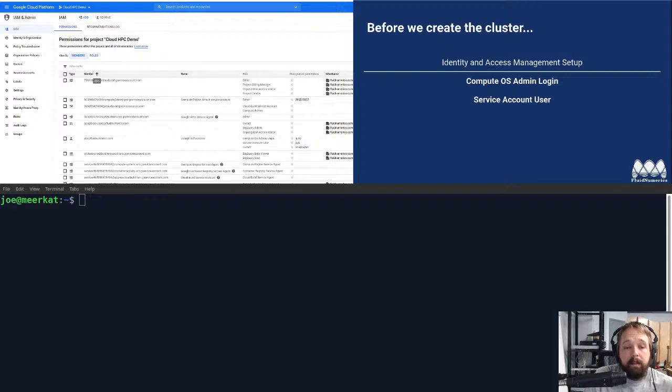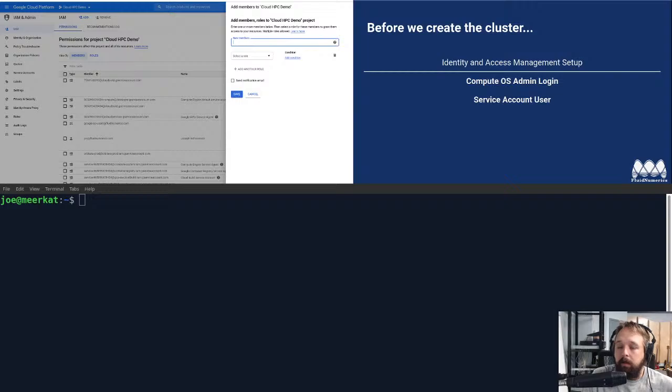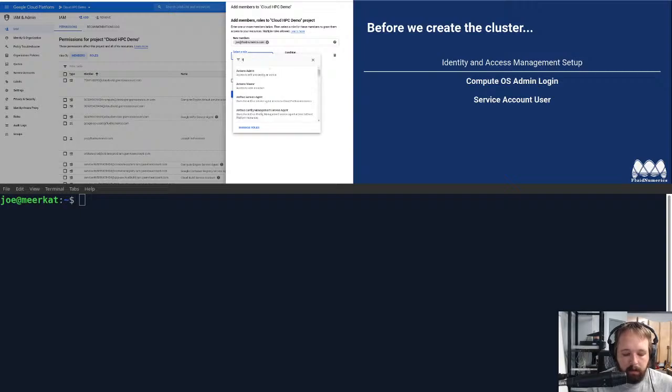You should see a page that essentially has a listing of all the members that have access to resources in your organization or in your GCP project, and then what roles they have. To add a new set of roles for yourself, or if you're creating a cluster with other people today, you can add them here as well. You'll go ahead and add your username or your email address, and when you go to select that role, again, you're going to do Compute OS